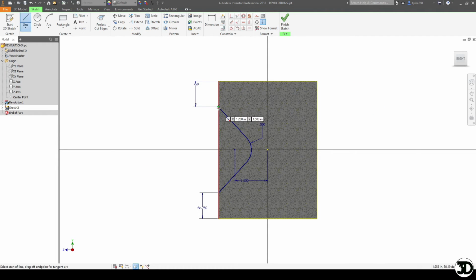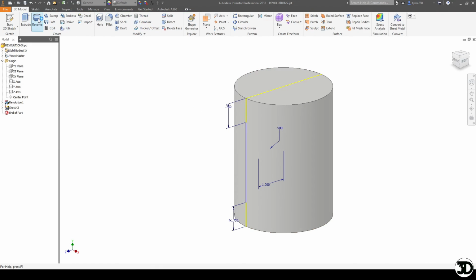So now that we have this piece here, the last thing we're going to have to do is make one more line from here to here. And this makes this geometry in here fully enclosed, because this is the part I want to cut away. So now what we're going to do is create one more line to here, and this line is going to allow us to revolve cut it. So I'm going to change this to a center line, finish sketch,